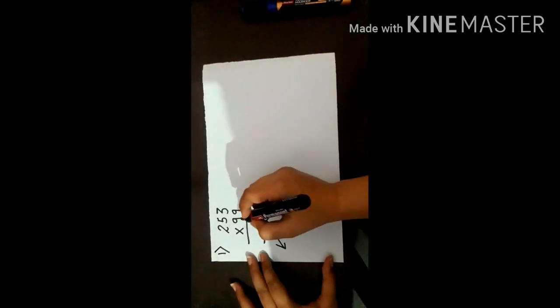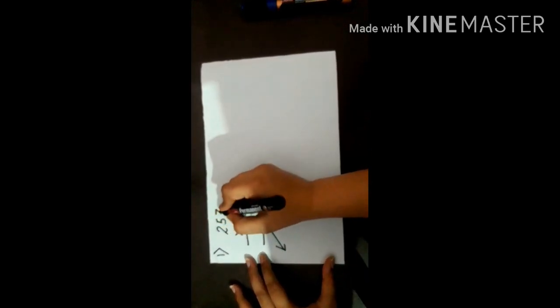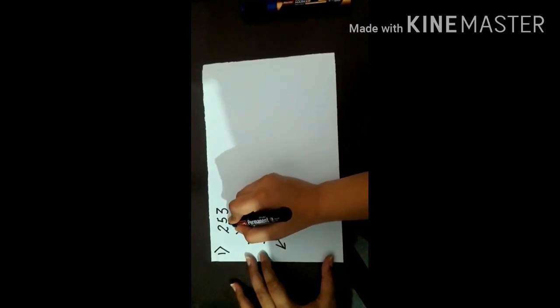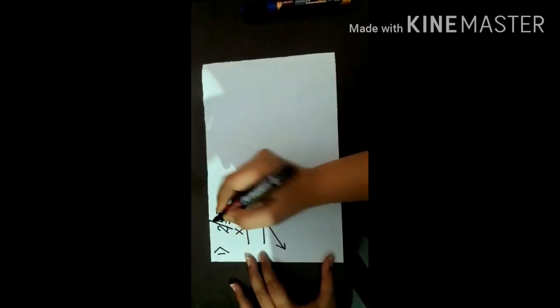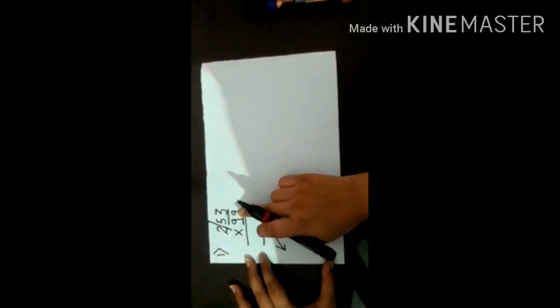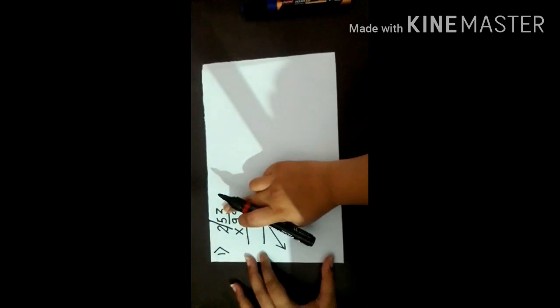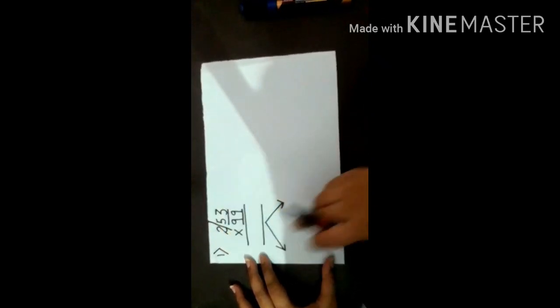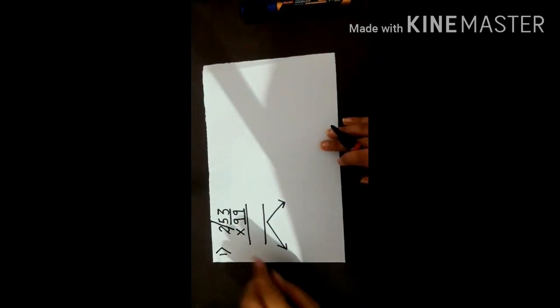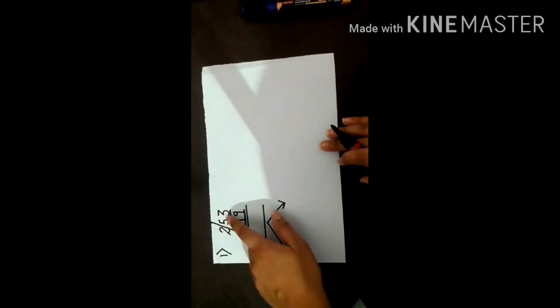Now see. Count the multiplier first of all: 1, 2. So count from here, 1, 2, and put a slash here. What I have done: I counted 2 digits in the multiplier, so 2 digits in the multiplicand, and after that put one slash. So now you have formed 2 numbers, 2 and 53.